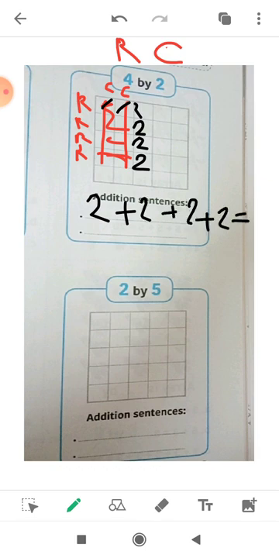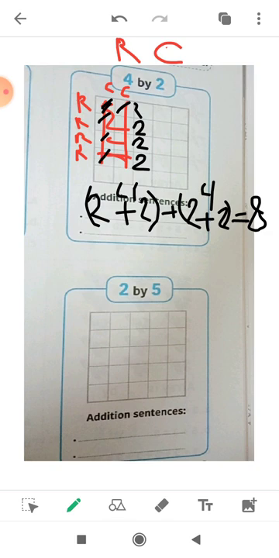So 2 plus 2 plus 2 plus 2. The first addition sentence: 2 plus 2 plus 2 plus 2 equals, we take 2 plus 2 is 4, another 2 plus 2 is 4, 4 plus 4 equals 8. Okay, now let's see here how many elements in each row, or how many squares in each column: 1, 2